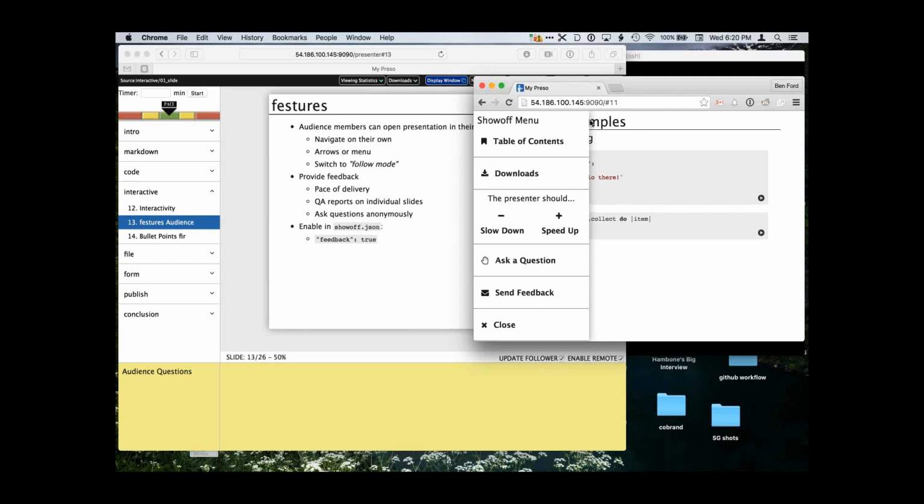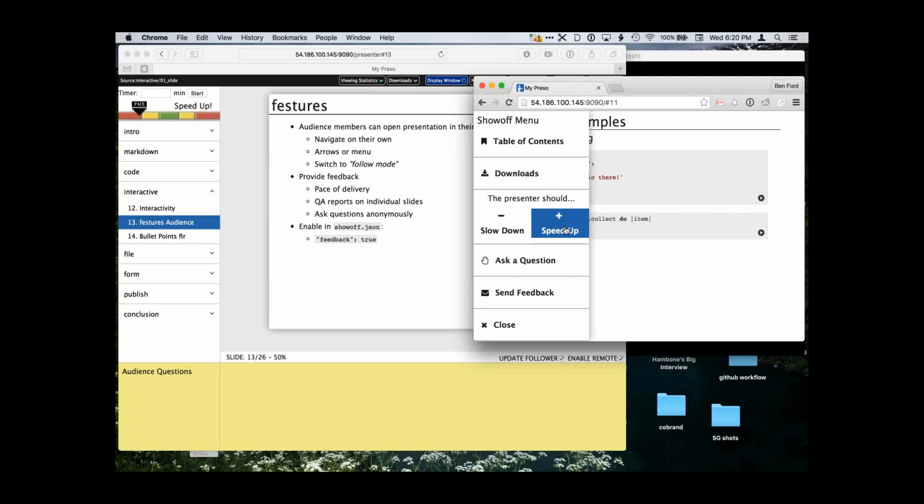Now, if you want to, at this point, you can load up the slides yourself, and you can follow along. You can ask questions, and they'll show up over here, and all of that. I'm not sure if you can read the IP address. I think you probably can. But what I can say as an audience member is, come on, you're boring me to death. You got to talk a little bit faster. You got to move a little bit faster. And I click this button, and it says, you're going way too slow.